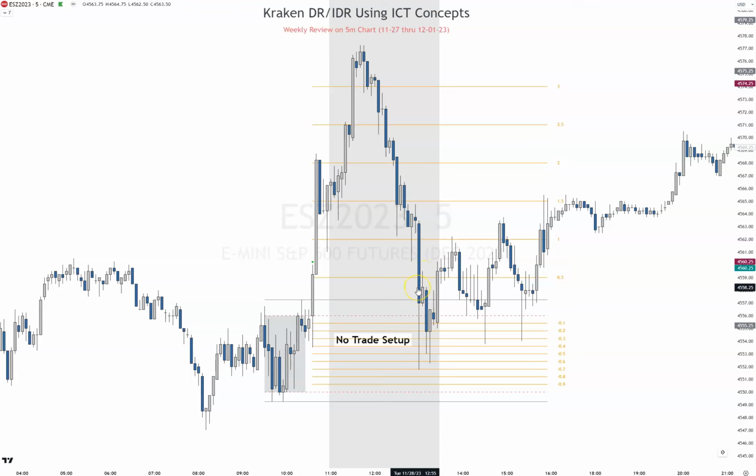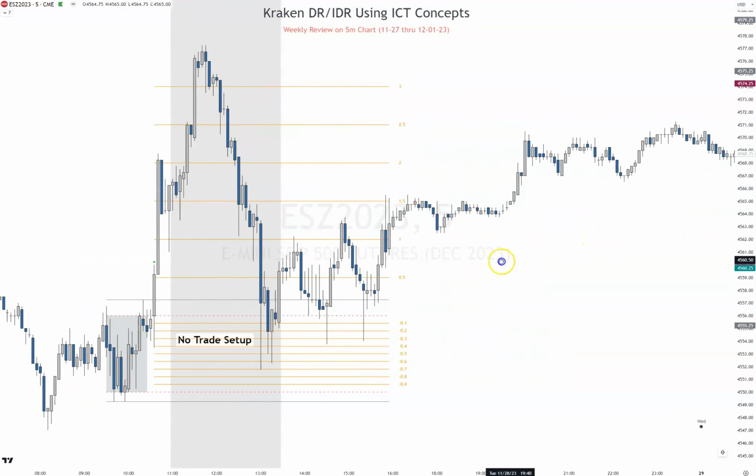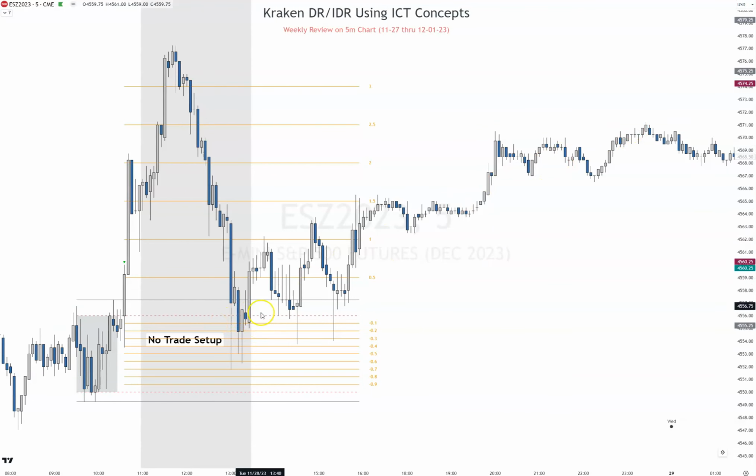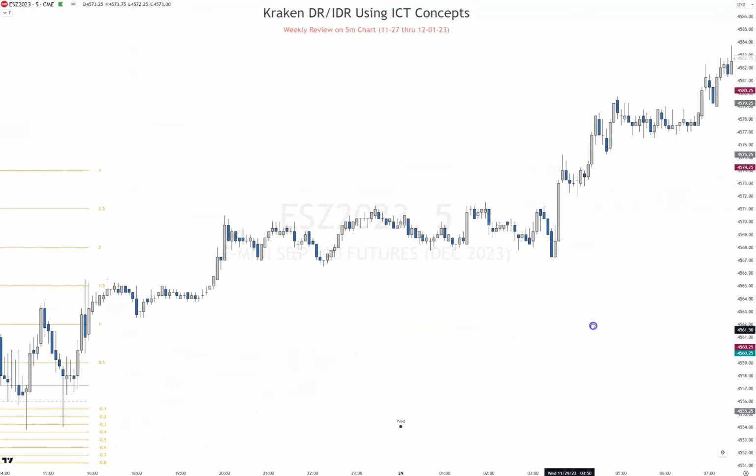I'm not doing it. Now when it's gone up to over 3 standard deviations, probably close to 3.5, there's no way anyone would take a trade here to go long based on DR. Now, it does work out. When you look up here, it does work out. But if you're taking that trade, that's just crazy. I'm not doing that. So Tuesday is a no trade setup for my rules.